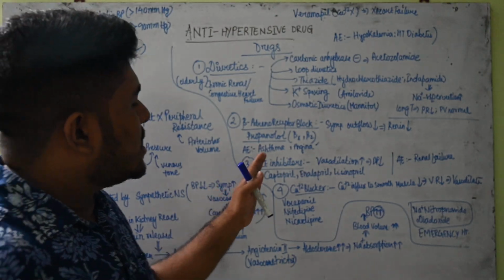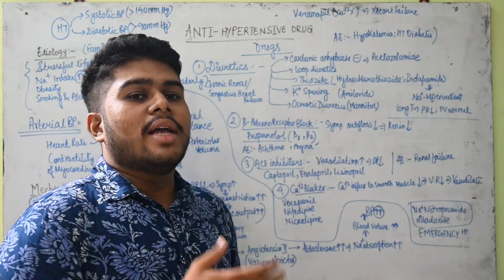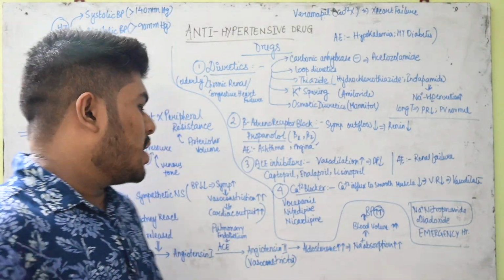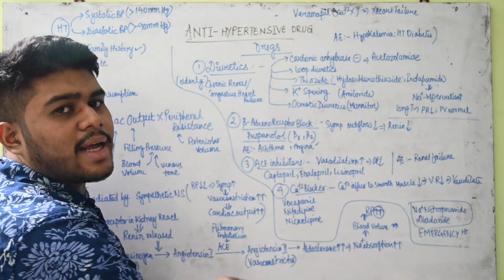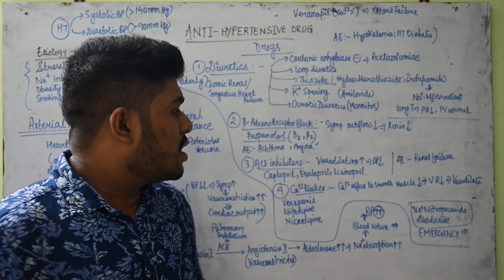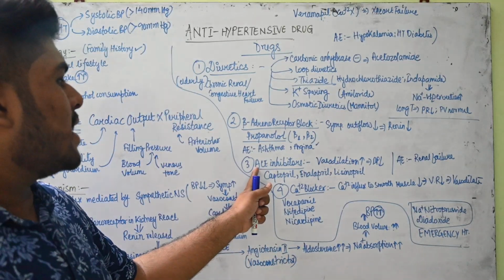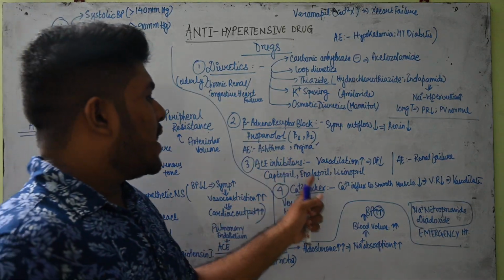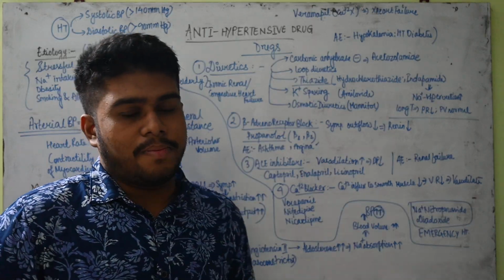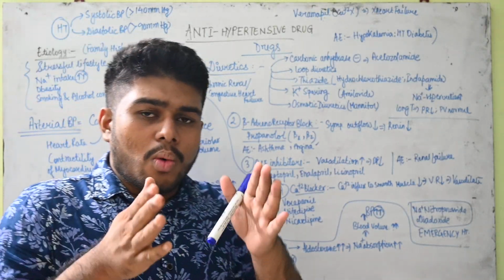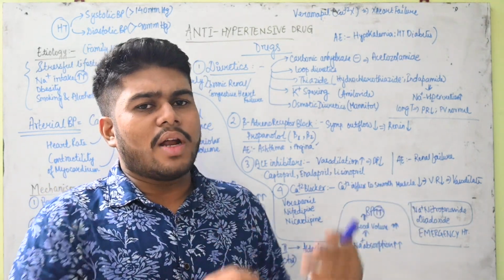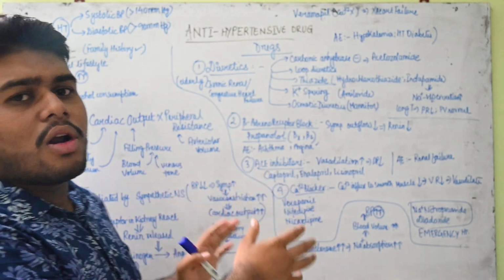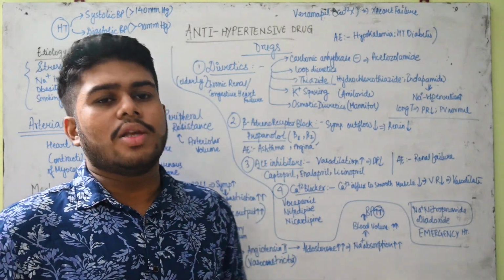Then we have the ACE inhibitors, that is, angiotensin converting enzyme inhibitors. Now they work over here. If you inhibit this step, then automatically again this entire RAS mechanism will not function. So amongst ACE inhibitors we have captopril, enalapril and lisinopril. Here I am not discussing in which category of patients you have to prefer which type of drug, because that we are not discussing here. I am giving an overall idea of the drugs that are mostly used.